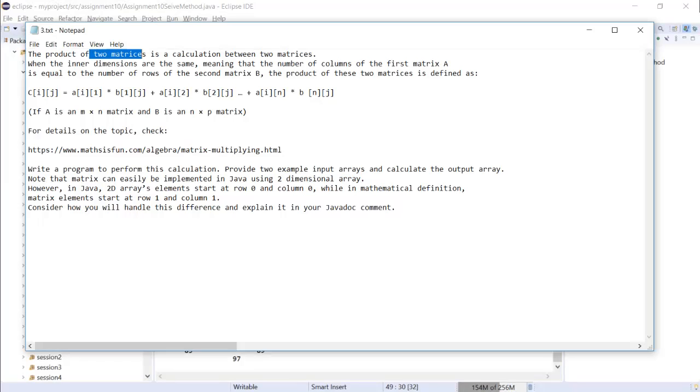The product of two matrices is a calculation between two matrices when the inner dimensions are the same, meaning the number of columns of the first matrix is equal to the number of rows of the second matrix. The product can be defined as this. So let me bring up